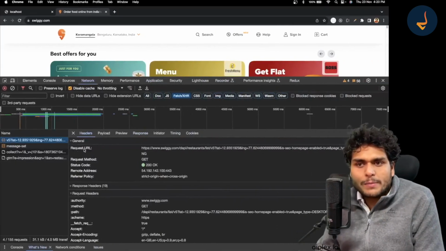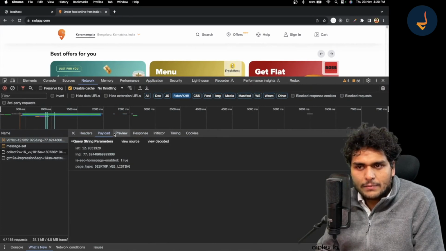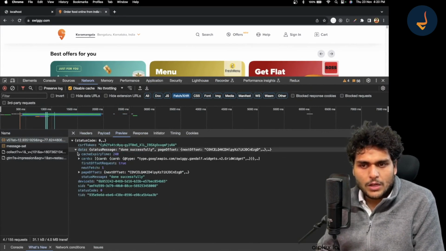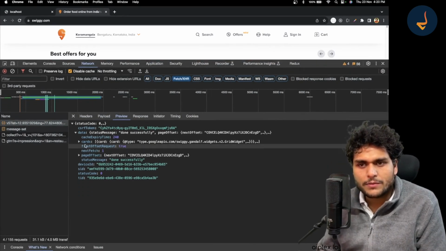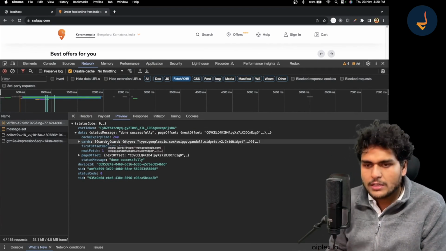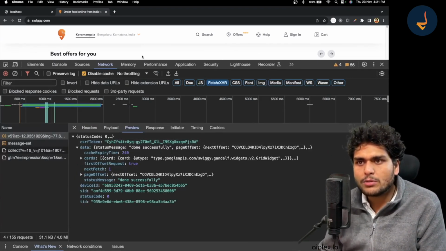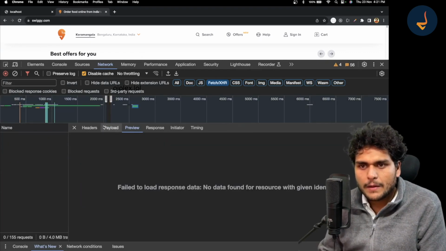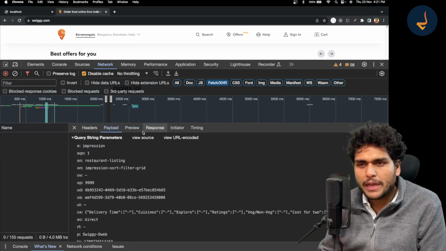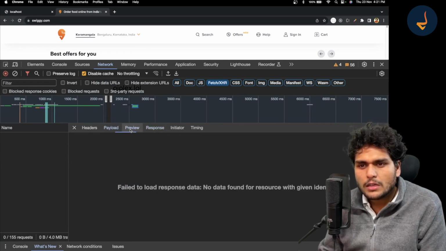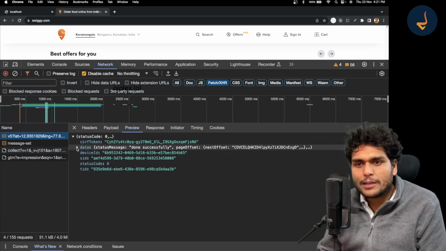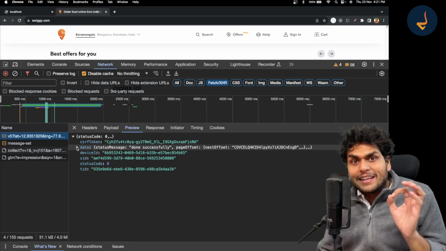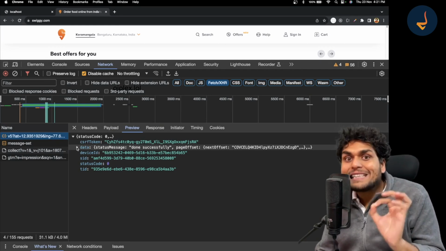So when you make this API call, you will get this result in the Preview tab. Over here you will see some data. Let us just study this data first of all. Hope you are able to see this. Let me zoom in a little so that you are able to see it even more clearly. Yep, go to the response over here. Preview. So over here we need the list of restaurants.